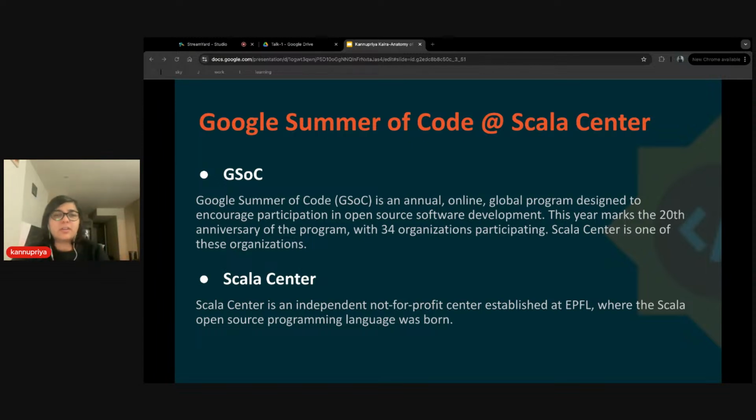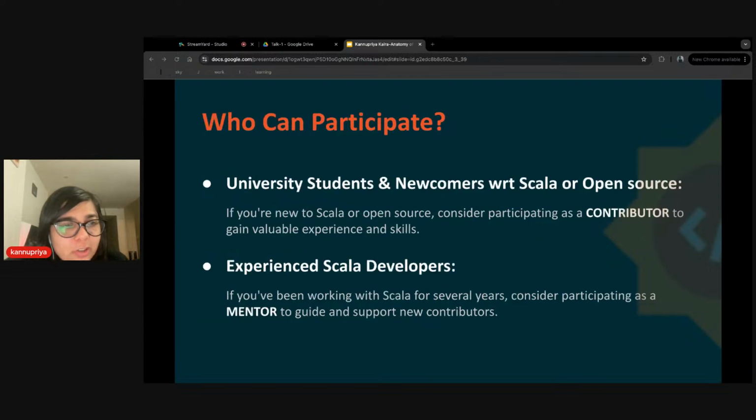So imagine learning from people who actually worked on creating the language and its associated libraries. Having access to something like that, I think there's nothing bigger than that. So moving on to the program,